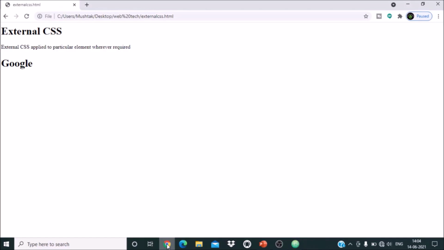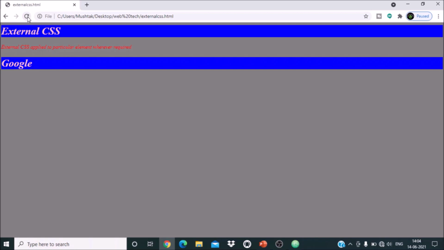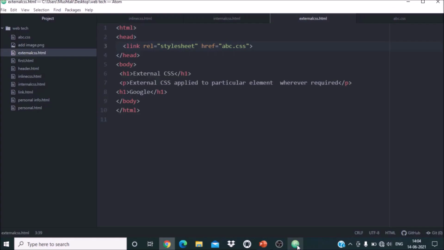Now you can see the changes in the web page. Now here are the changes. With this external CSS we have applied the font as well as background color. This having different color as well as body having different color. So this is nothing but how we can apply the external CSS. Now what is the benefit of external CSS? In case of external CSS, if you change the CSS file, these styles will change. So you need not change the complete HTML file.